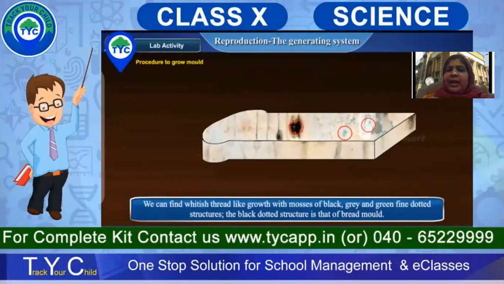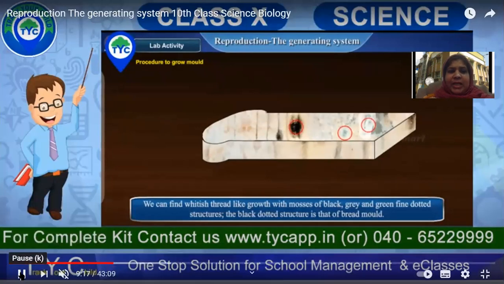What do you see? There are some black or gray-green fine dot structures. They are sometimes black, sometimes green. Generally, we tell children eating bread that if there is something black or green on it, it is poison. But actually this is Rhizopus, and of course it becomes poisonous for you to eat. There is a lot of food poisoning from molded bread. If people eat it, they suffer with food poisoning. So the black dotted structure is called bread mold.